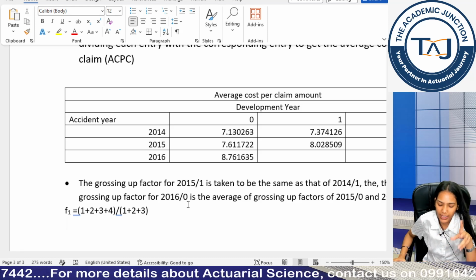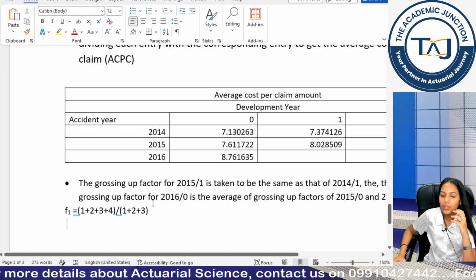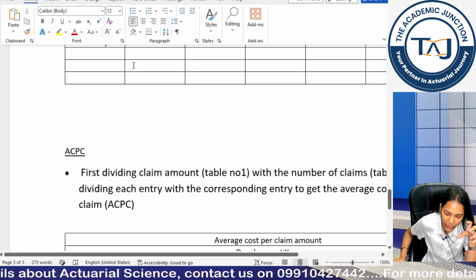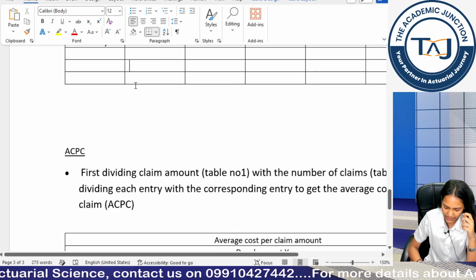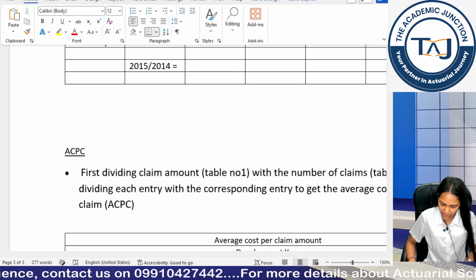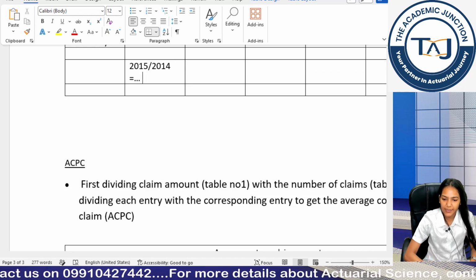Students, you can also do one more thing if you don't want to explain anything in words, because it may be difficult to explain what you are doing mathematically in words. So what you can do is, while you are doing the table, for example, first dividing the two terms, you can simply show 2015 divided by 2014 and then you get your payment. Okay, so you can show your calculation in the table itself.